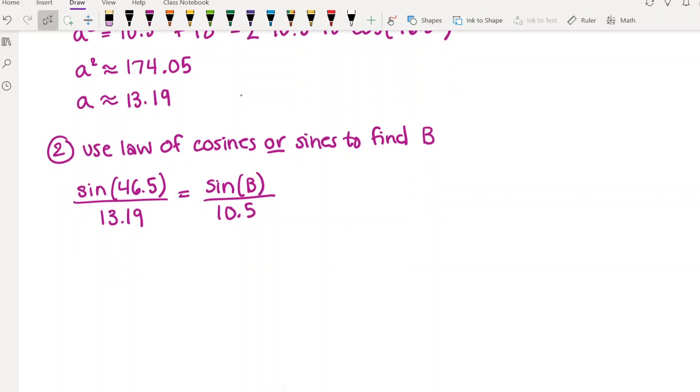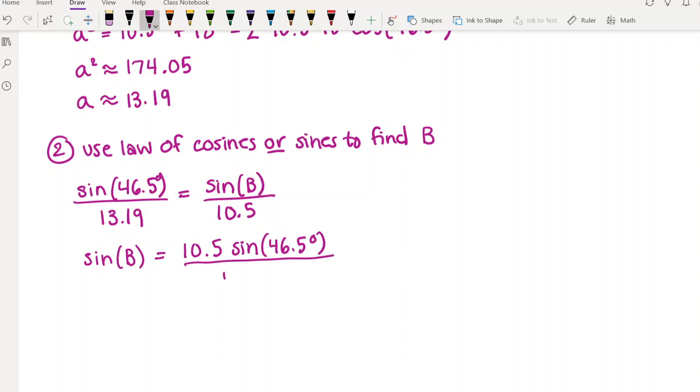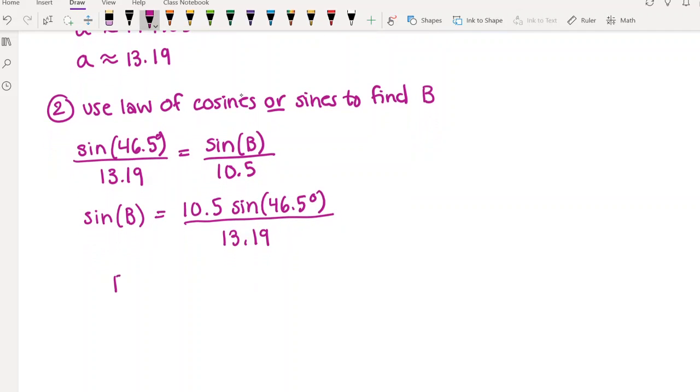And so now we can cross multiply. Actually, in this case, you don't really have to cross multiply. Because we're trying to isolate sine of B, we might as well just multiply both sides by 10.5, right? That's probably the faster way to do this. So sine of B is equal to 10.5 times sine of 46.5 divided by 13.19. And in this case, and I'll explain why in a second, there's actually just going to be one possible